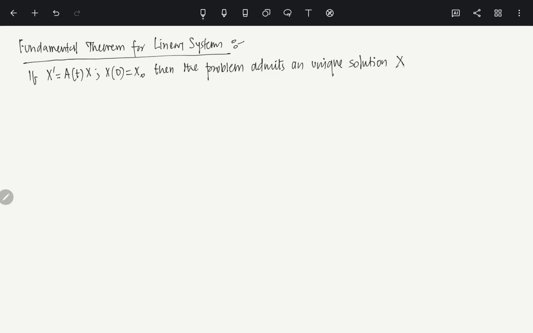It is given by x of t equals the fundamental matrix phi of t times a constant, which is an n cross 1 constant. Okay, this initial data is given, right? So it is nothing but phi inverse of 0 times x naught. Phi is the fundamental matrix. Okay, now the point is this is okay, but for real life calculations it is